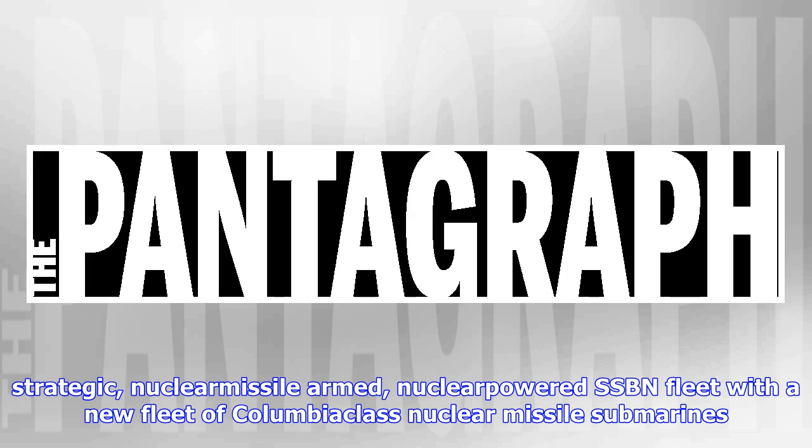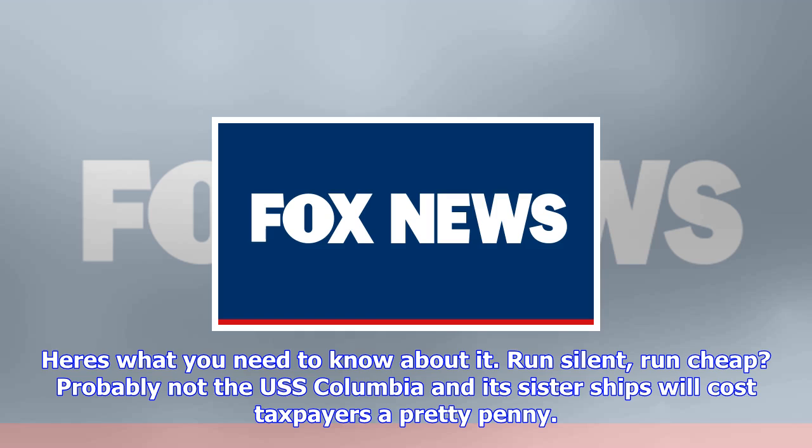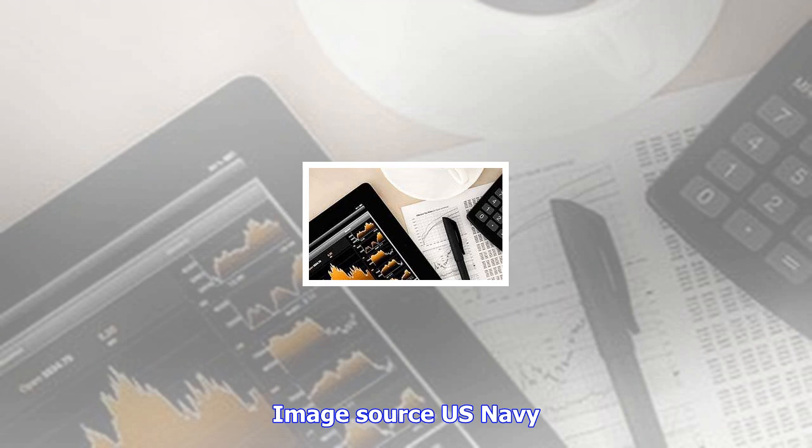Run silent, run cheap? Probably not. The USS Columbia and its sister ships will cost taxpayers a pretty penny. The price of nuclear security: the news broke last week when the Pentagon's daily digest of contract awards to defense contractors included a bombshell announcement. One single contract issued to military shipbuilder General Dynamics (NYSE: GD) would consume 78% of the funds allocated that Thursday. A monster $5.07 billion contract award to have General Dynamics design the new Columbia-class of nuclear missile submarines,